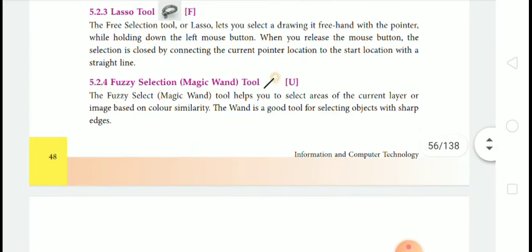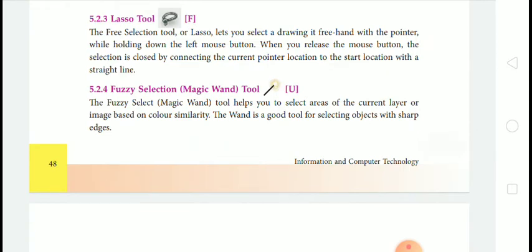After that, the lasso tool, and the shortcut key is F. It is freehand selection with the pointer. And the last one is fuzzy selection, and the shortcut key is U. Fuzzy selection is used to select areas of the current layer or image based on color similarity.